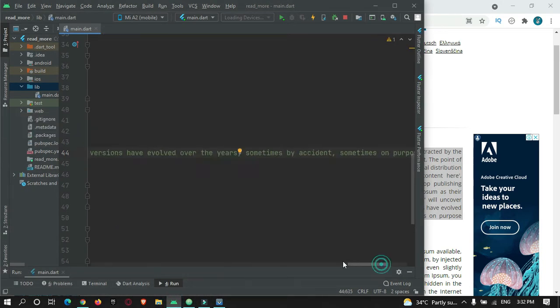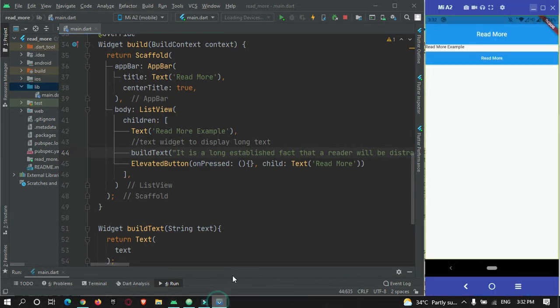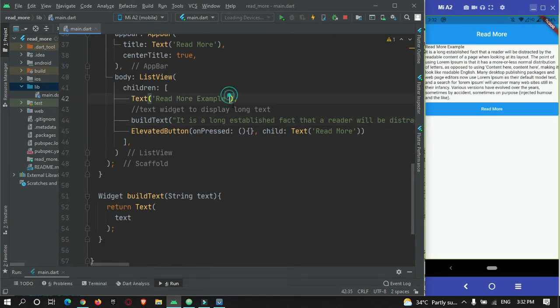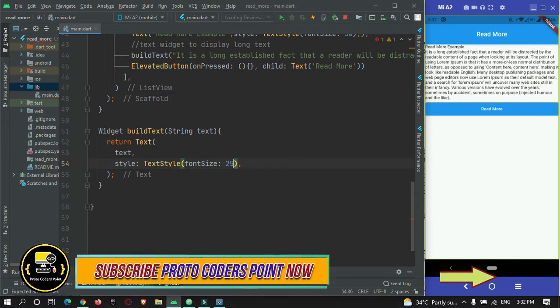Now if I refresh the app, you can see this is the text that is being displayed from this text widget. Let's give a size to these text fields. Let's give the size of 25.